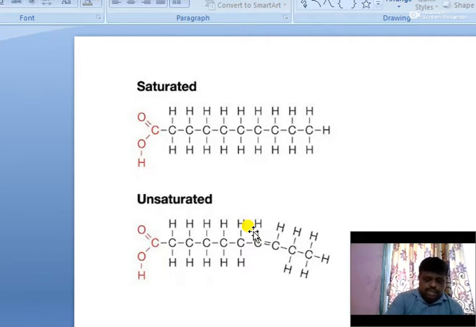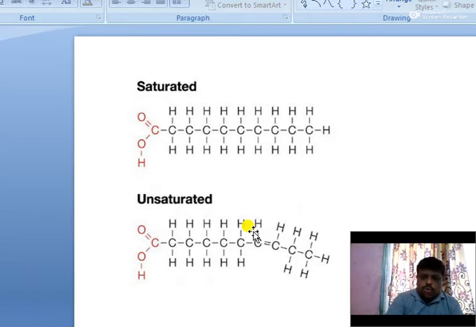Okay, let us see a few more points regarding the simple lipids. Fats and the waxes are simple lipids. So fats and the waxes are the classical examples of the simple lipids. Fats are the esters of fatty acids with the glycerol. So fats when combined with the glycerol are known as the fats. That is the CH2OH, CHOH, CH2OH. So the molecular formula is CH2OH,